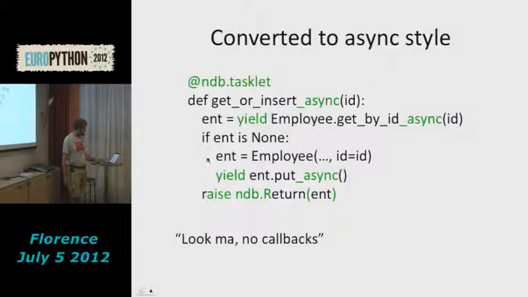Well, then here nothing changes. Here we do the same thing with put. We replace our put call with put async, and then we cancel that out by also yielding it. We don't care about the return value of put. However, if that put were to fail catastrophically, it will raise an exception. And so that exception would just bubble out of the yield, and because we don't have a try except around it, we're not catching it. So this tasklet itself will raise an exception when you wait for its result.